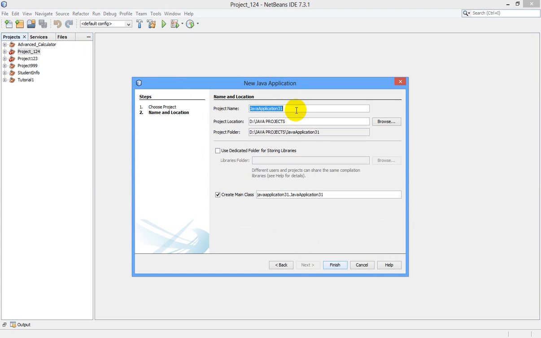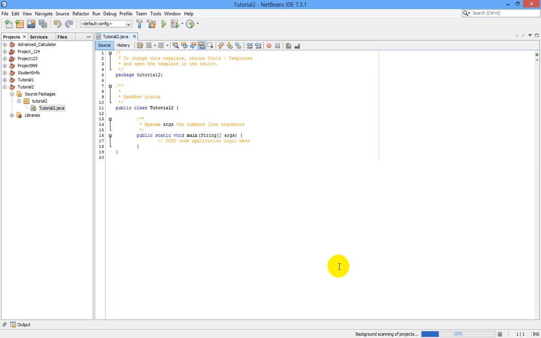I am going to call it tutorial 2. Be sure this is a main class. Check this checkbox and click Finish. And here is my application.